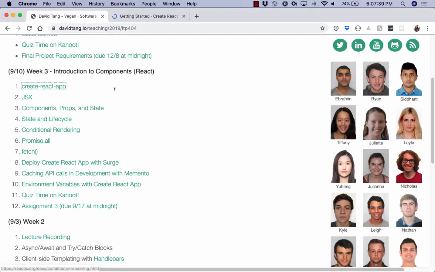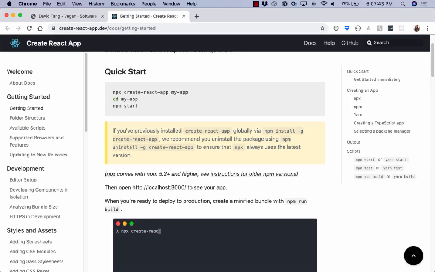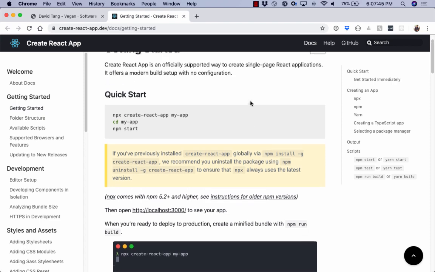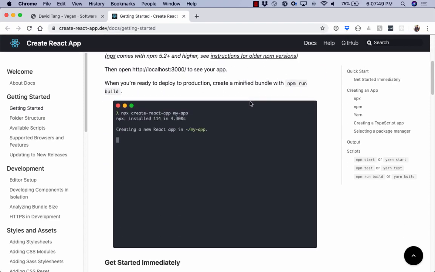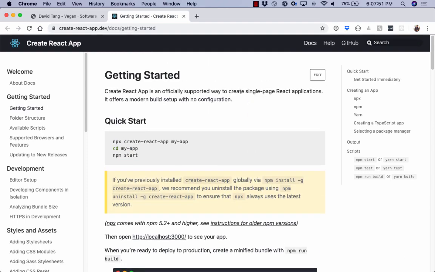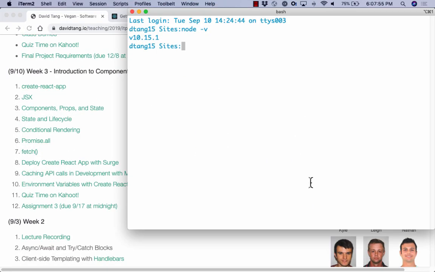I put links to all the things that we're going to look at today. And there's a few different ways you can get started. You can install it globally on your computer, or you can run it through this other command. I usually just install it globally. So if you want to go to